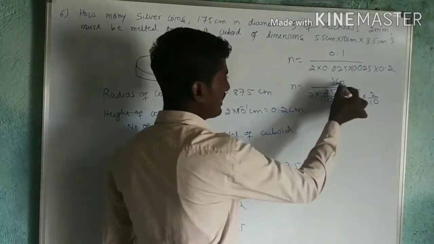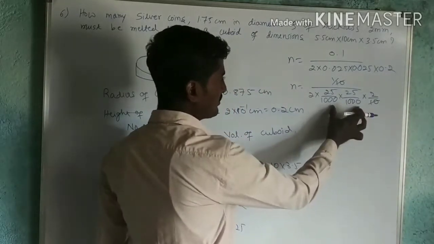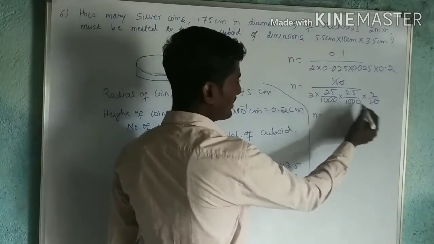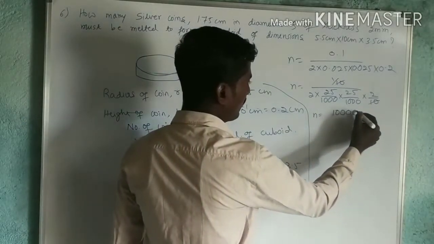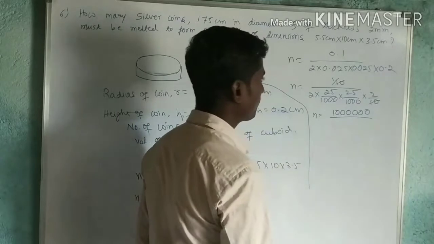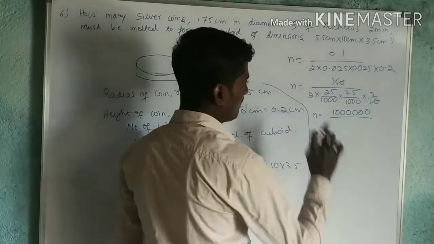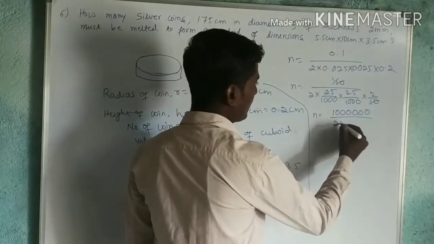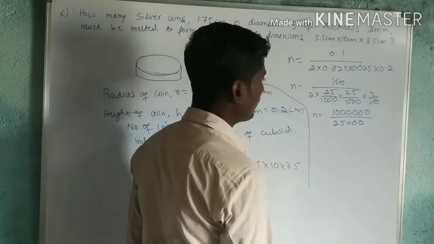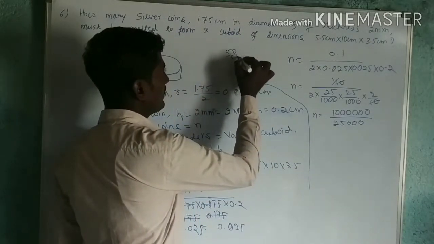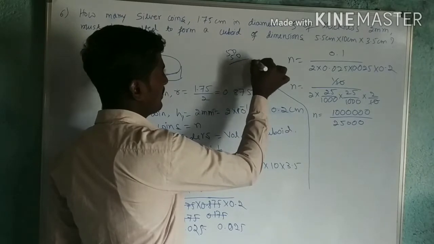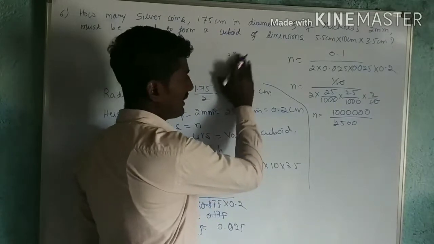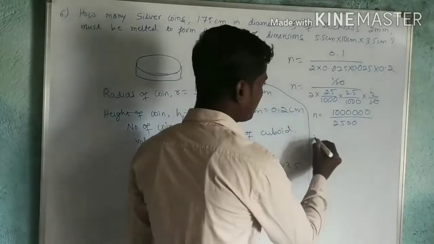Okay. So this 10 and this 10 will get cancelled. This will go to numerator. So that will become what? N is equal to, how many zeros? 6 zeros. 1 2 3 4 5 6 divided by, now 25 to the 50. This is also 50. 50 into 50, that is 2,500. Am I right? 50 into 50. This is how much? 2,500. Now I want N.